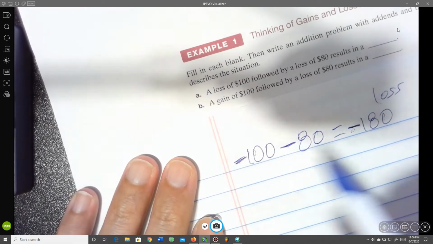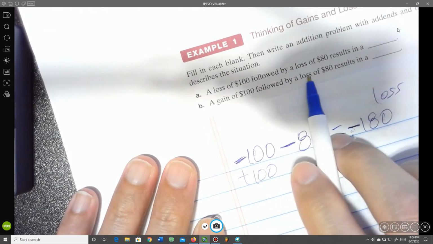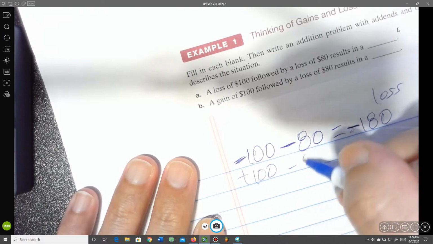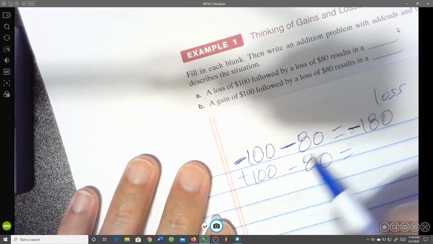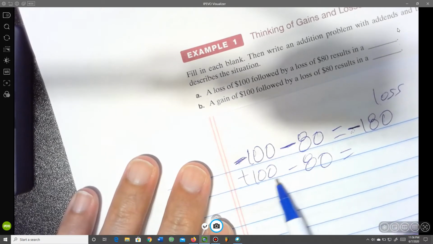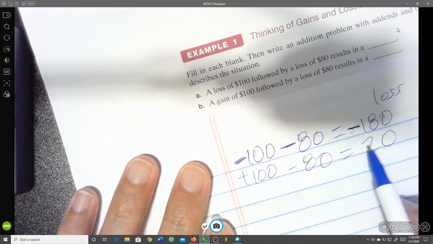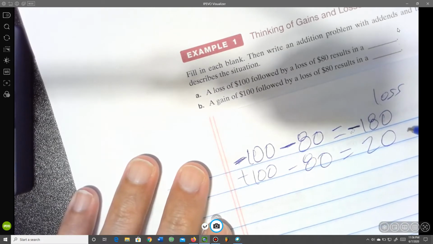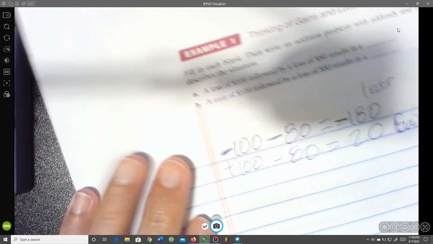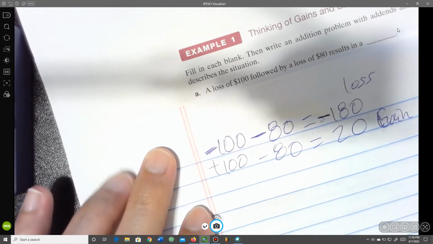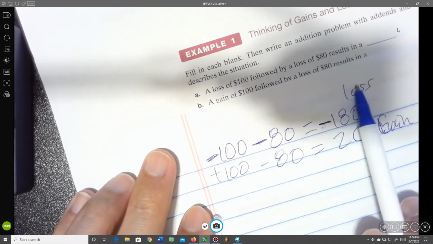All right. So let's move to the next one. A gain of $100 followed by a loss of $80. Does it result in a gain or a loss? Well, let's add them up. That's 100 minus 80. That's positive 20, right? So that is a gain, not a loss. That's a gain of $20. Okay. And this is a loss of